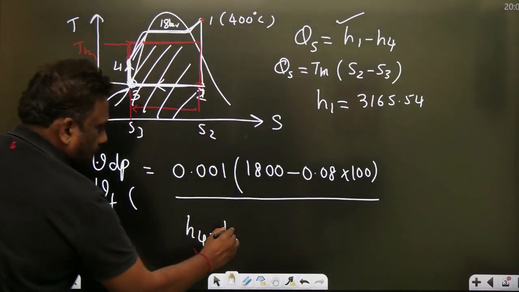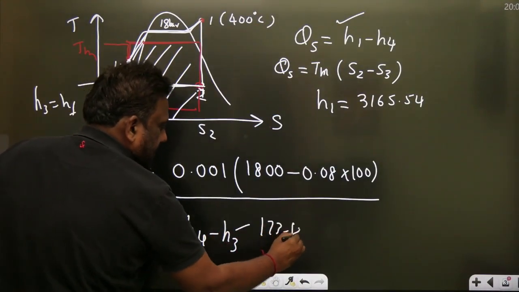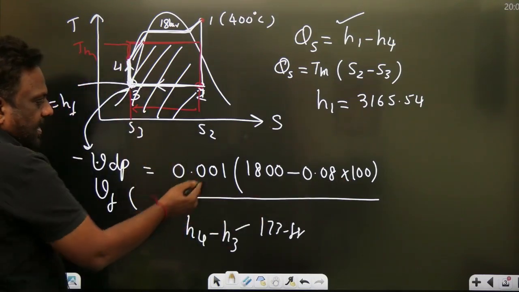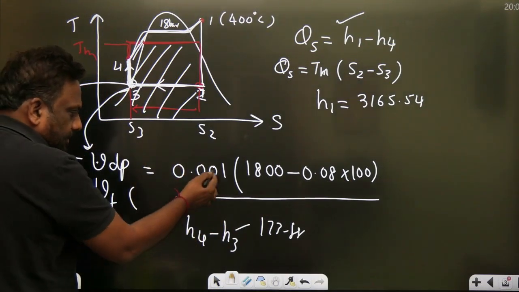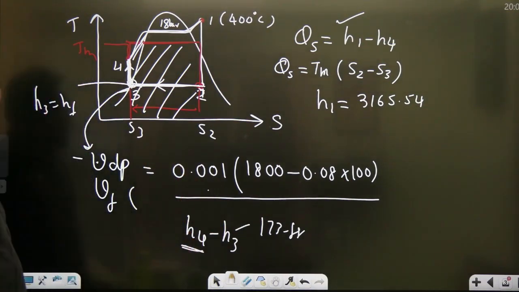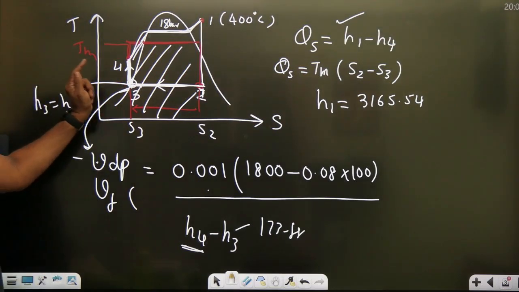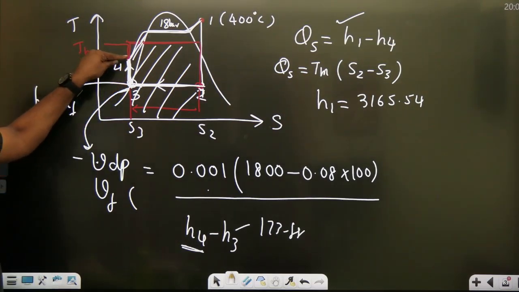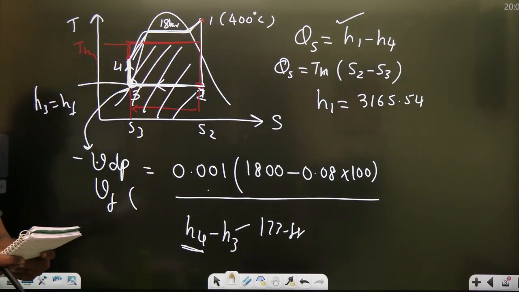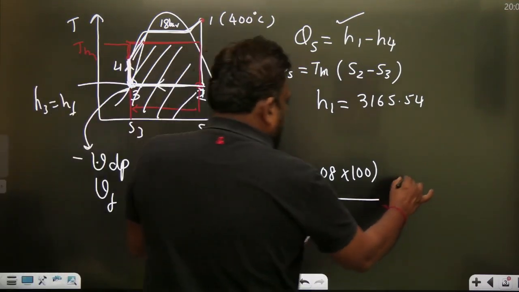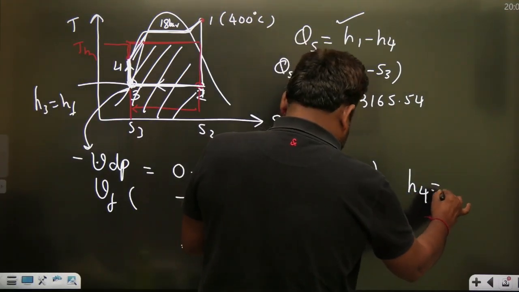So this is known, 173.88, and this pump work is also known. And if I equate these two, I'll get the value of H4. Obviously, H4 should be greater than H3 because whenever the work input is given to the fluid, its enthalpy increases. So H4 is more. From here, I can easily calculate H4, and you get the value of H4 as